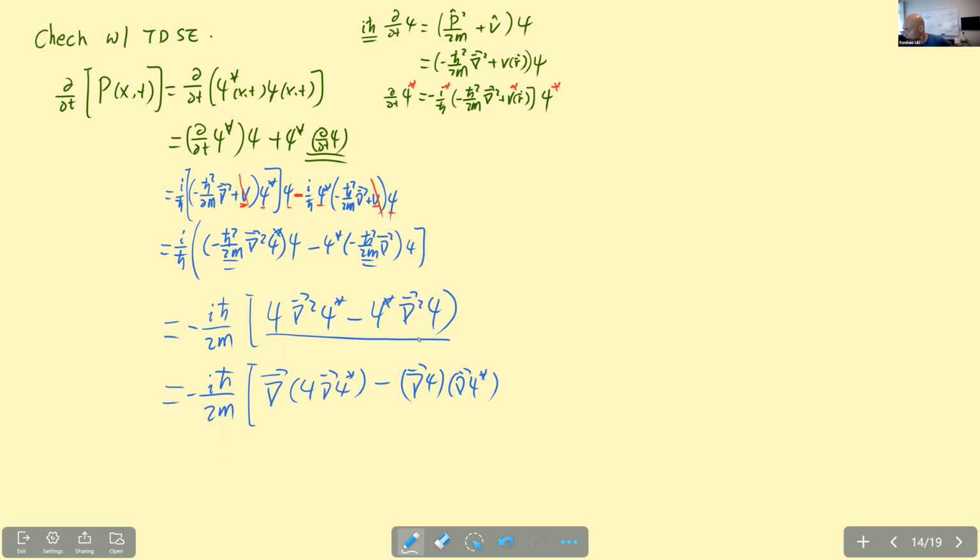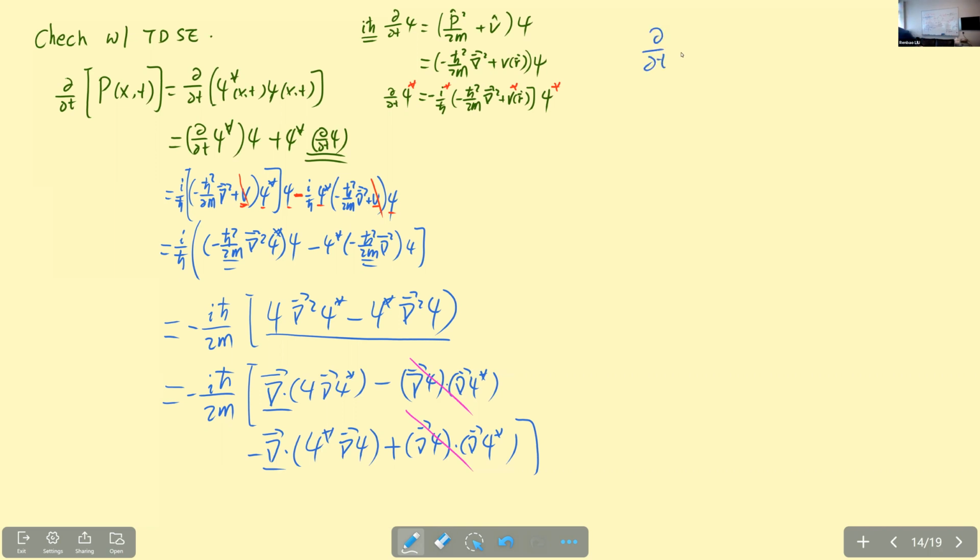And then the other thing can be written similarly, but there's a minus sign right here. And then you find that these two terms cancel each other. But this is just a complete differential. So eventually you got a